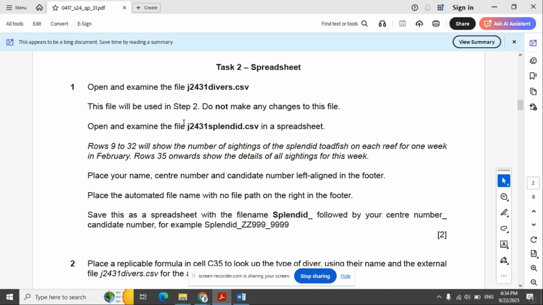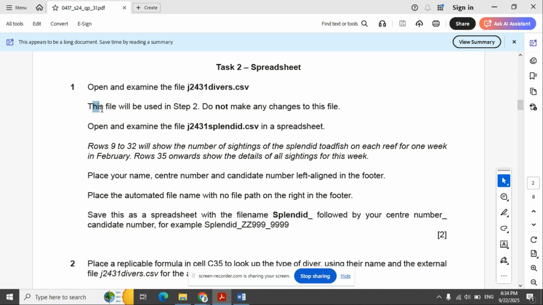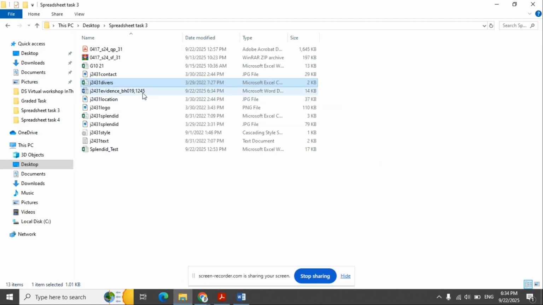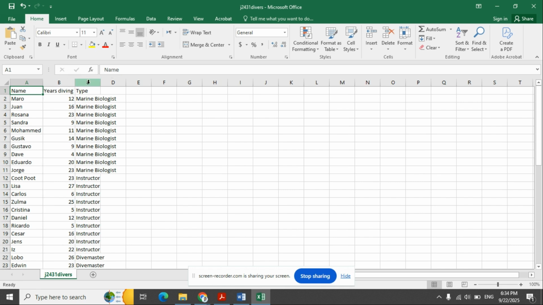Now I'll start task 2, the spreadsheet. First thing, I'll open the diverse document.csv. It's written here that we will not use it now and we should not make any changes. So I'll open the diverse document. First step I like to do is to double click on the column to adjust the size and know how